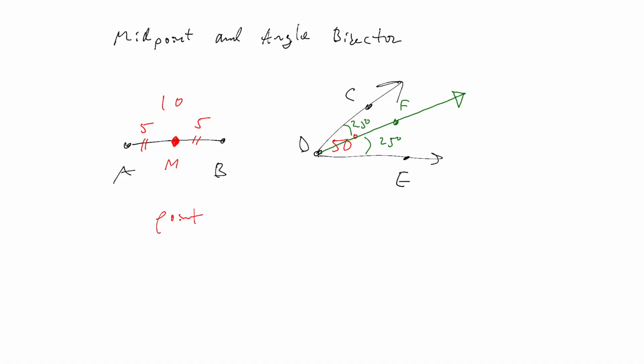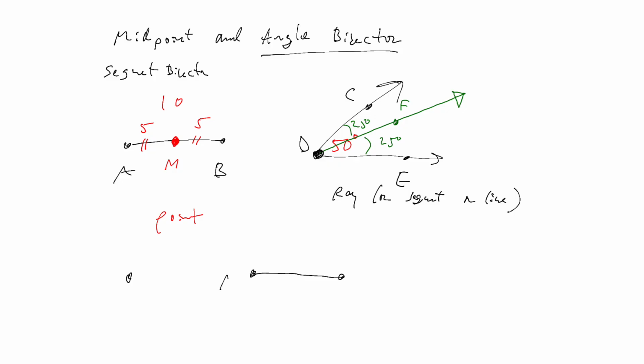If this one was a ray or a segment or a line, the main thing is that it goes through the vertex of the angle that's being bisected. Now, we have angle bisector. There's also something called segment bisector. A segment bisector is kind of like an angle bisector in that it's a line, but it cuts through at